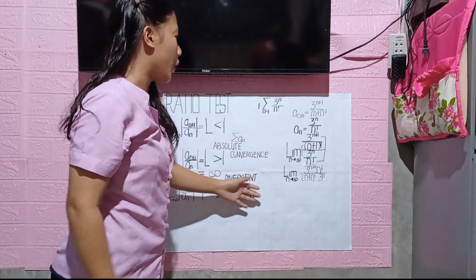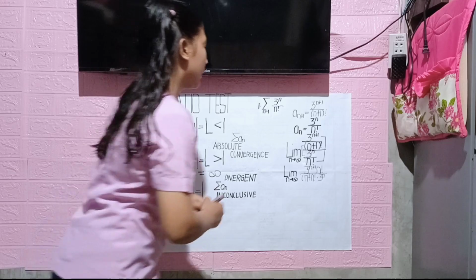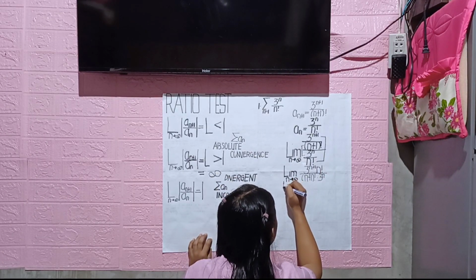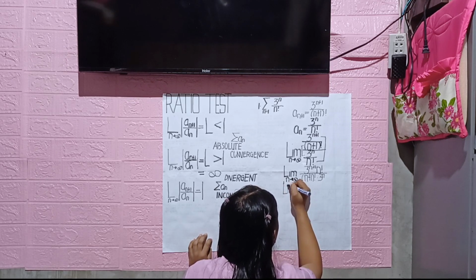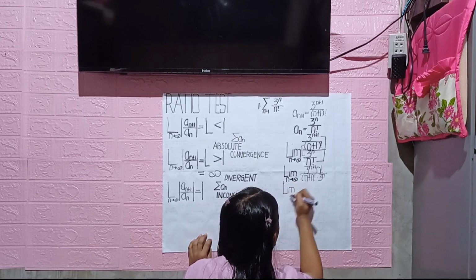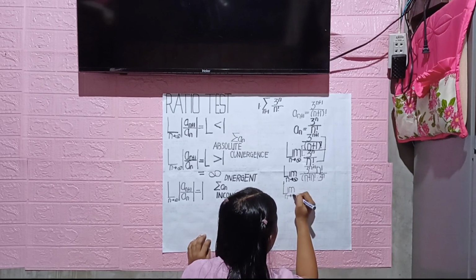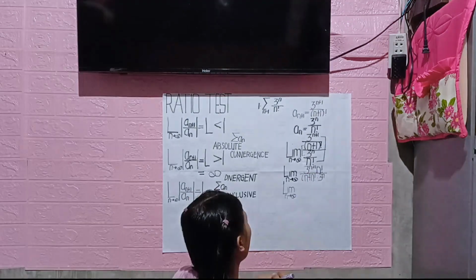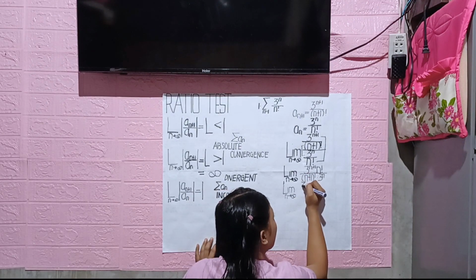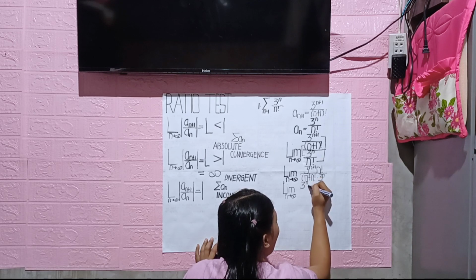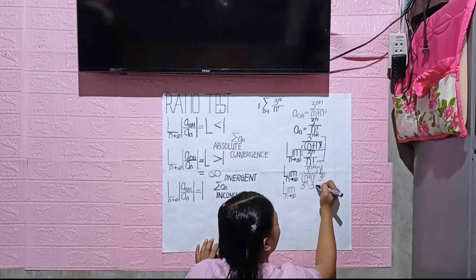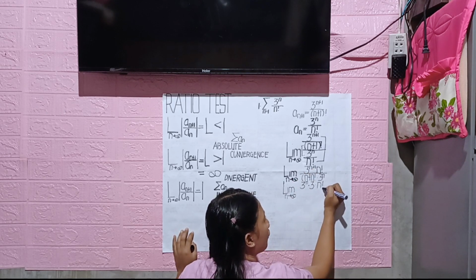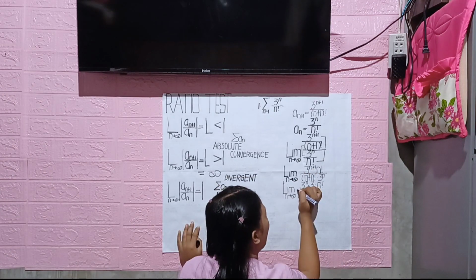Now we are going to simplify it. Our 3 to the n plus 1 will become 3 to the n times 3, times n factorial, divided by